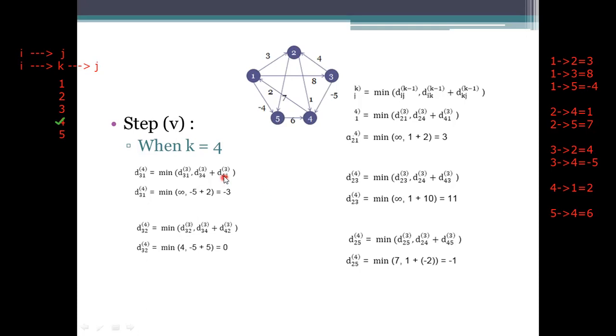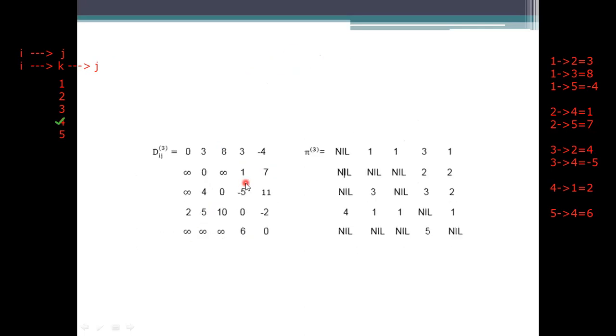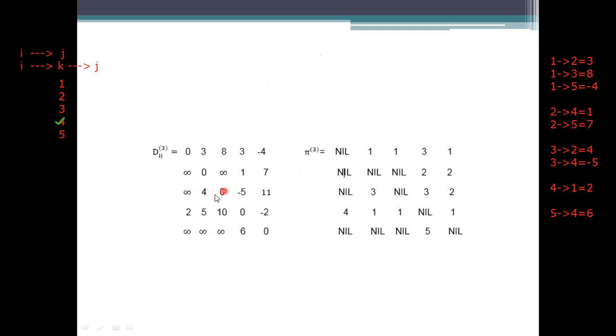What I said here, go to the distance matrix with the power 3. So what is the value here? For what are we calculating? We are calculating this value for 3 to 2. So here the 4 to 2 is not there. So here we need to see whether 4 to 2 is there or not. 4 to 2, there lies a value which is a 5.